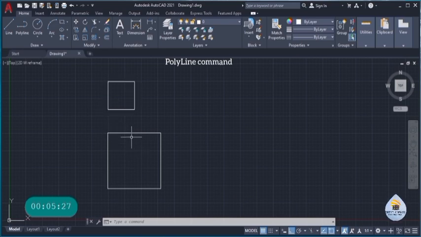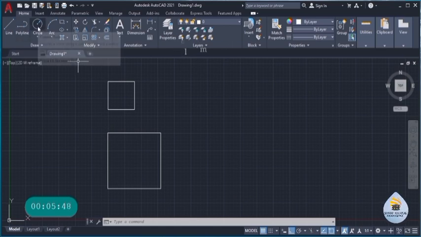If I touch one part here, only that part will glue. Any part I touch, only that part will glue. If I touch any part here, everything is going to glue. So this is the difference between your line and your polyline, right? Now, the next command that I would like to introduce you to is the circle command,